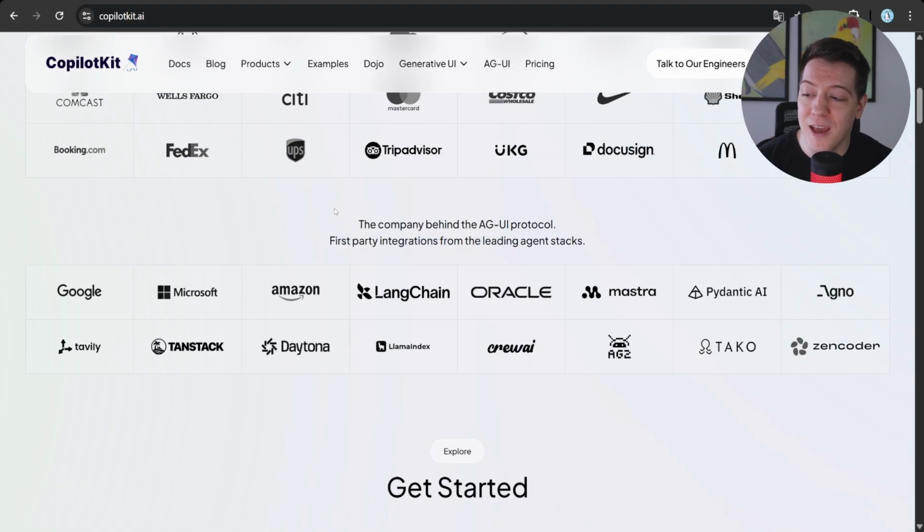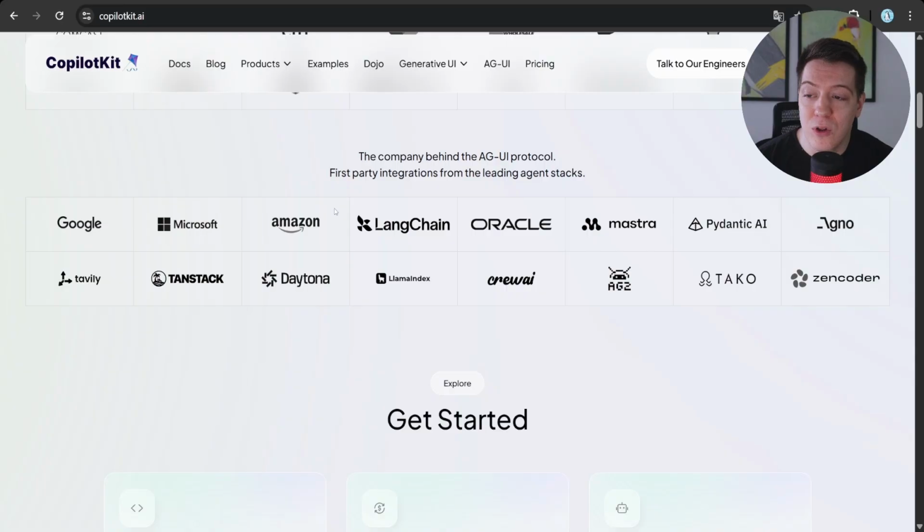And actually, the whole ecosystem, including Mastra, Amazon, Google, Microsoft, and so many others, is building on top of AGUI, which is an open source protocol that standardizes the way agents speak to client-side applications. That's really important because up to this point there was little standardization in the space, so this is a major deal. And I just wanted to quickly show you how you can get started with CopilotKit